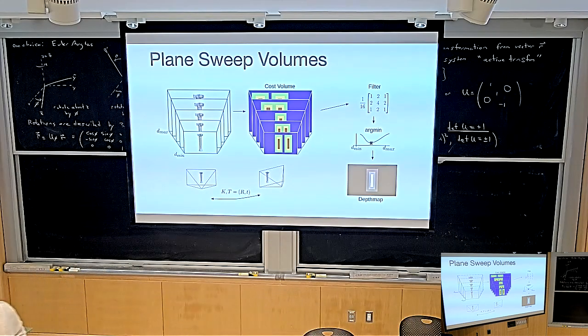Yeah. So everything until the cost volume, how you build the cost volume makes sense? Now, let's say you want to compute the depth in this camera coordinate frame. One way to think about it is you shoot a ray through every pixel, and then you plot where the ray intersects all of these planes, right? And then for each of the intersections, you plot the cost. And that will look something like this, right? And then you can say the correct depth should be, and there's a big asterisk here, but the correct depth should be the depth where this cost is minimal along the ray, correct? Does that make sense? Cool.